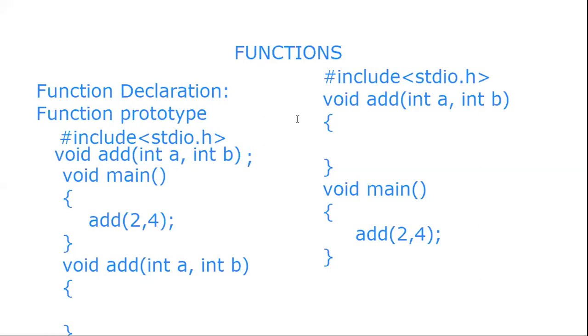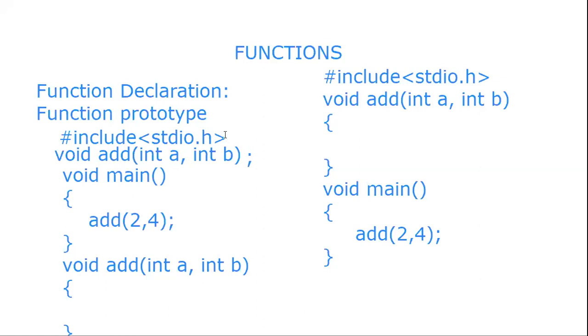Usually in this lab sheet, we have done it this way, right? We are defining all the functions first, and then we are writing main, and in main we can call them. If we want a calculator, we can write one more function for subtract, another for multiplication, another for divide. However many times we want to perform these operations, we will call them. First we add 2 and 4, then subtract 4 and 5. We define all the functions and then we can call them in main. So these are the two types where function prototype is used.